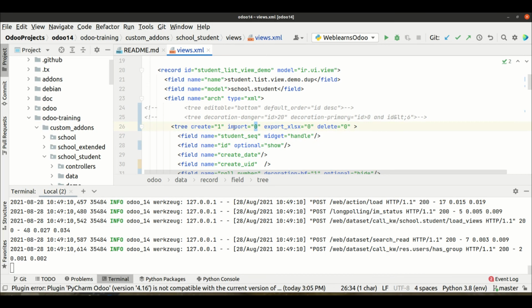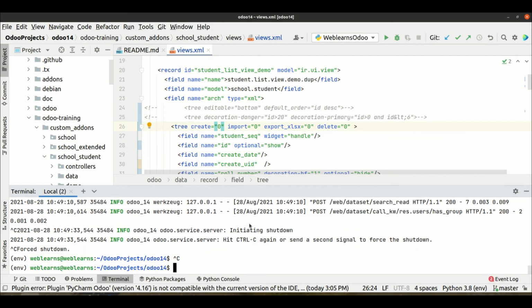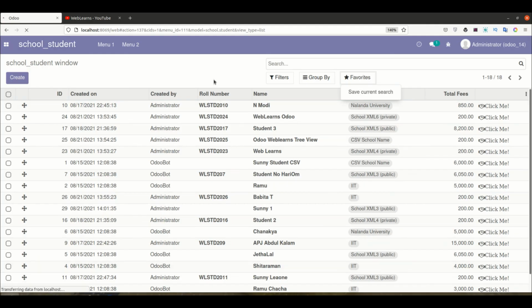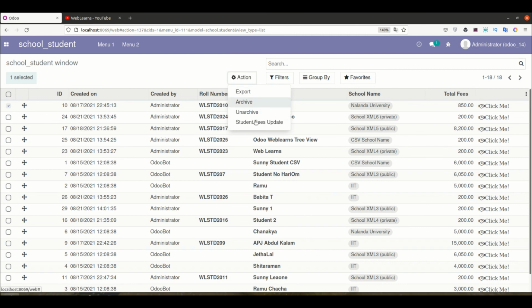So let me also change 1 to 0 and upgrade the module. You can see this button is also invisible, the create button, plus you can see the import button is also invisible. From here, sorry, you can see the delete button is also invisible.